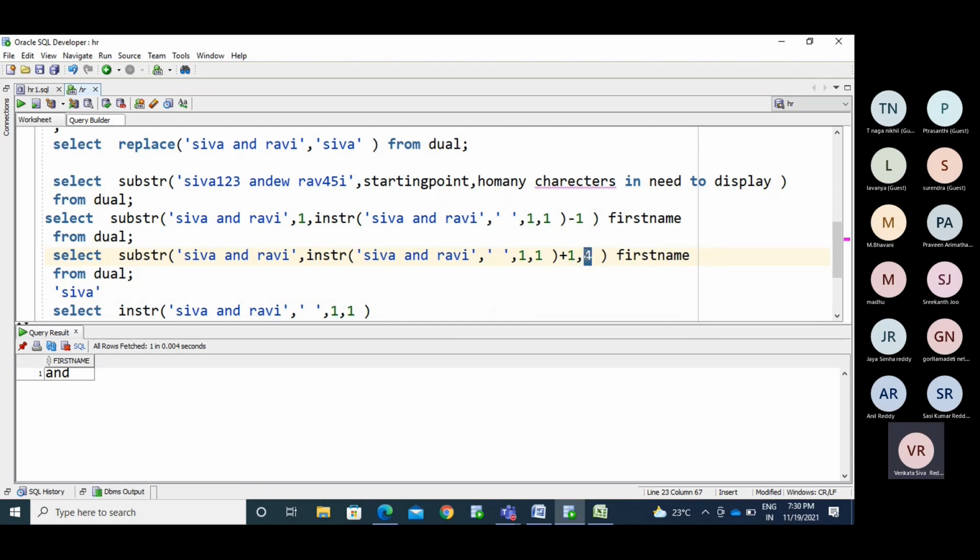Okay, so now I need to find out the second space.